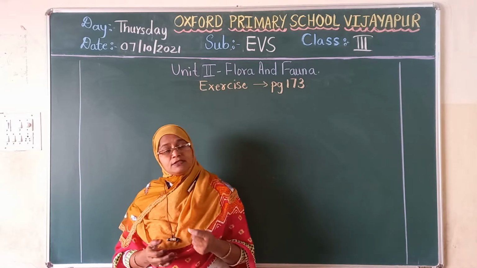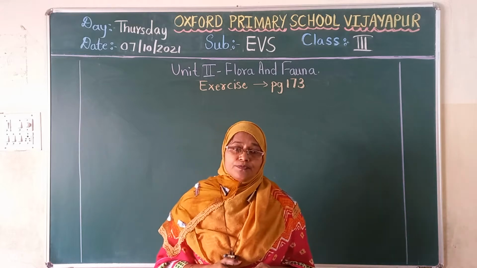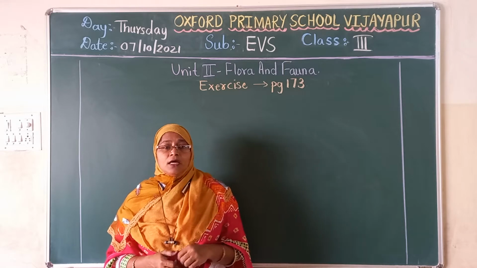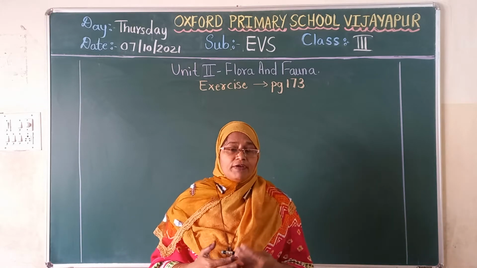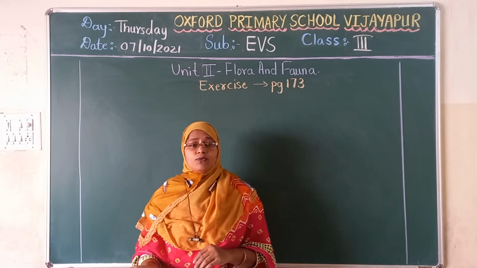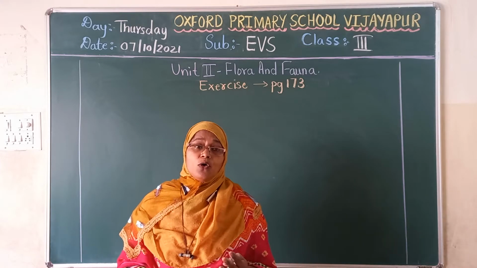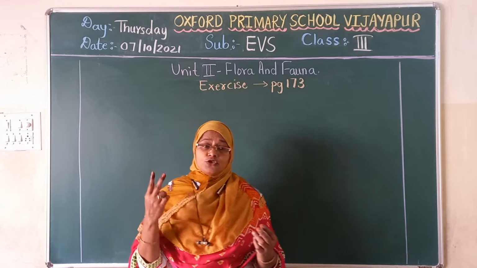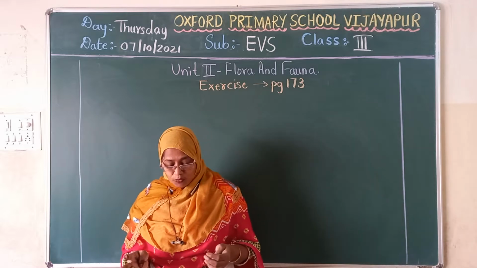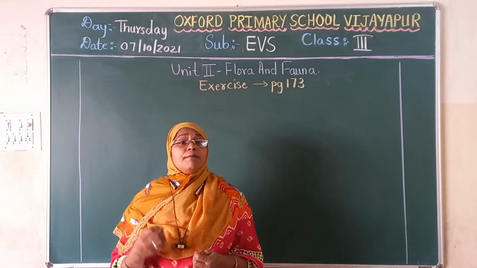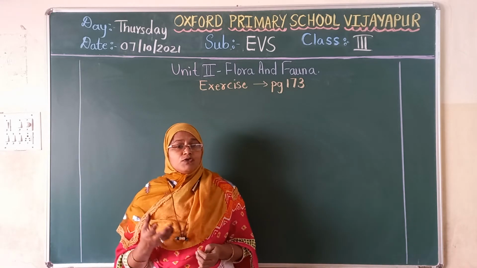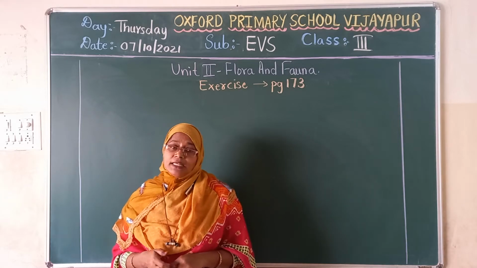Already we have completed it, that is, fill in the blanks with the correct alternative. All those 5 blanks we have written. Then question number 4, name the following. Shall we read that one? What we have written? Okay. The roots of a plant grow below the ground and the stem of a plant grows above the ground. Got it? These 2 blanks. The third one, creepers have weak stem. Fourth one, most trees live for many years. Fifth one, the rice plant is a herb. This was question number 3. Question number 4 is name the following.